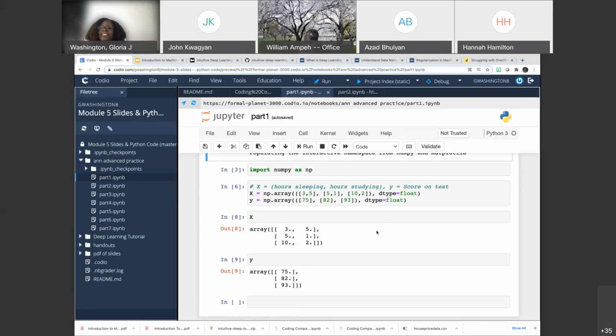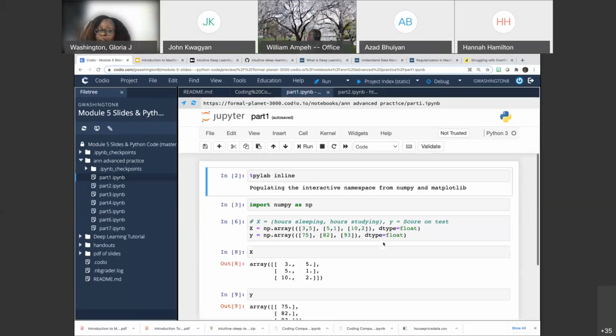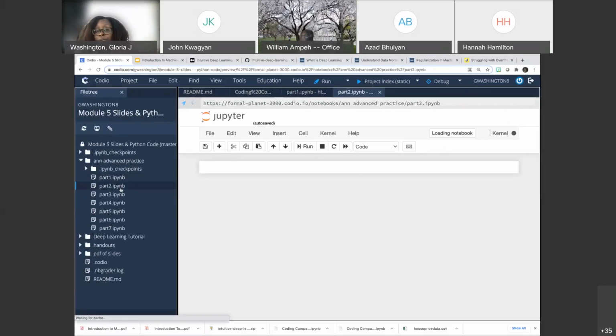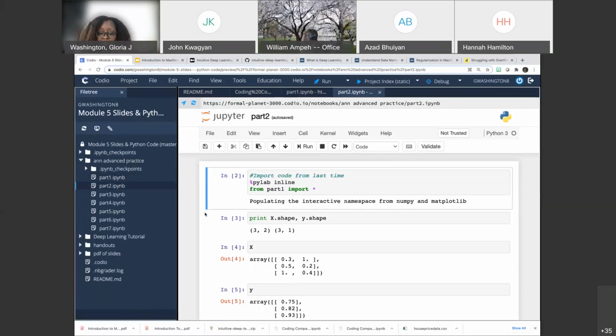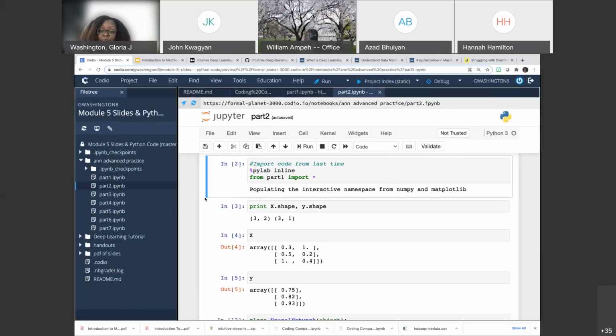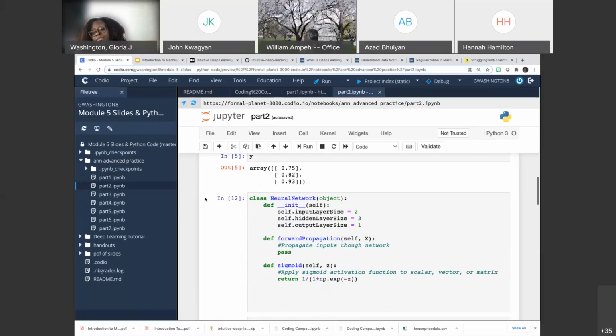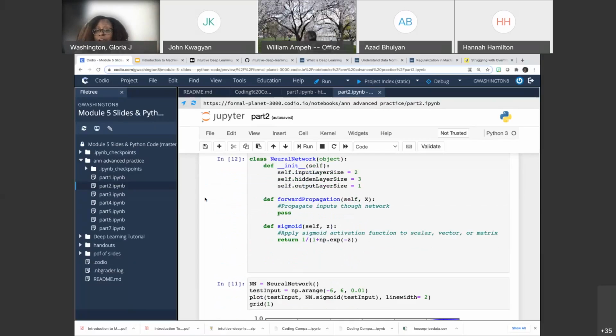All right. So basically, when you run these cells, all it's doing is populating these arrays. And part 1 moves on. All this did was populate the arrays for the output of the score on test and hours sleeping and hours studying. The part where it gets a little bit more interesting is you look at the shape of each individual one. But the part where it gets more interesting is in part 2, where you are creating a class called